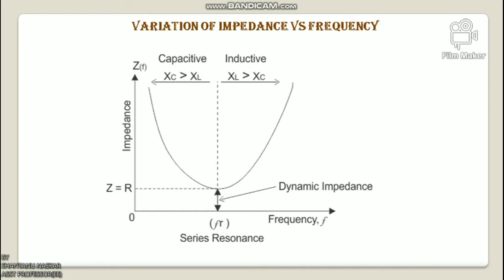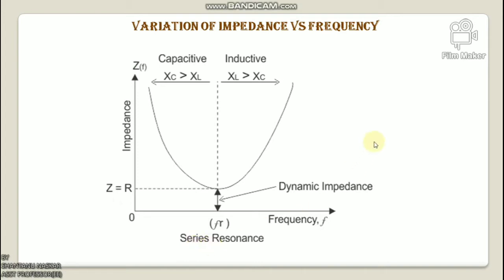Now I will discuss the variation of impedance versus frequency. So look at this picture. At resonance in a series RLC circuit, the two reactances become equal and cancel each other. So in a resonant series RLC circuit, the opposition to the flow of current is due to resistance only. At resonance, the total impedance of the series RLC circuit equals the resistance, which means Z equals R. Look at this picture. The impedance has only a real part but no imaginary part, and this impedance at resonant frequency is called dynamic impedance, and this dynamic impedance is always less than the impedance of the series RLC circuit.